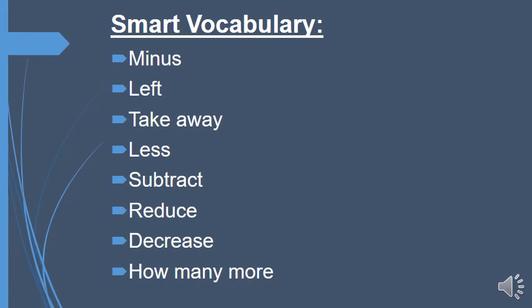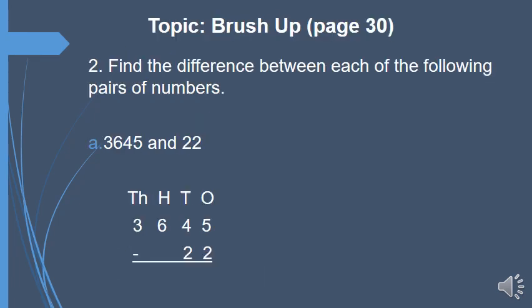All you have to do is first write the smart vocabulary. After making your title page, you can pause this video and write the smart vocabulary. I am moving on to the next one, the main part of our work, exercise number 2. The topic is brush up page 30. You will start this work from a new page. Write topic brush up page 30, CW here and HW, and the date on the left hand side. The date should be mentioned on each and every new page where you are starting a new work. That is very important.